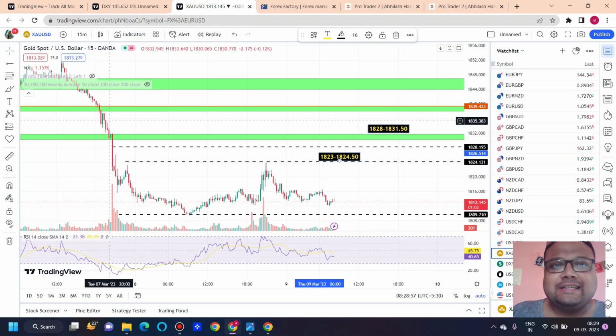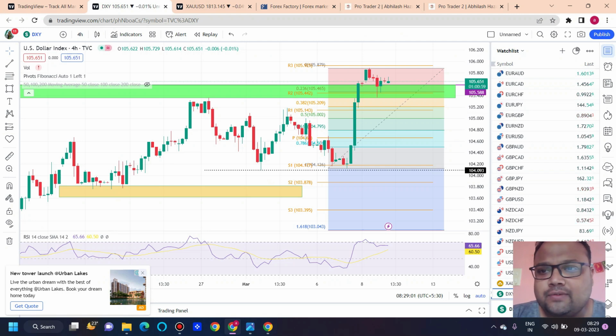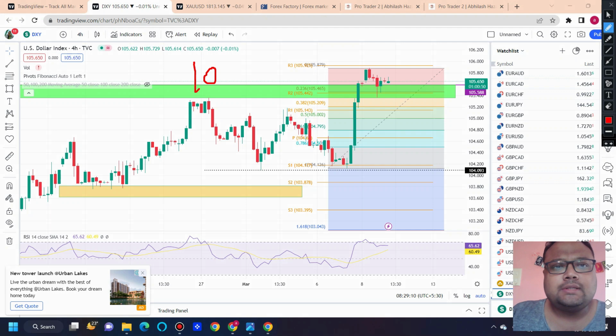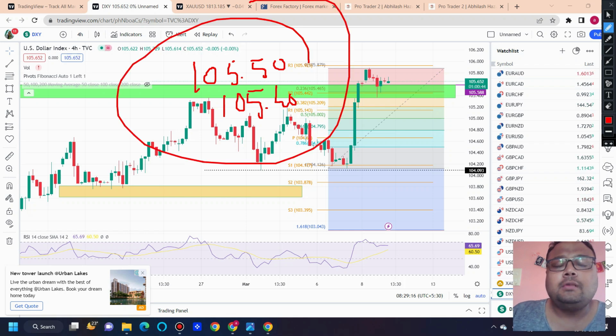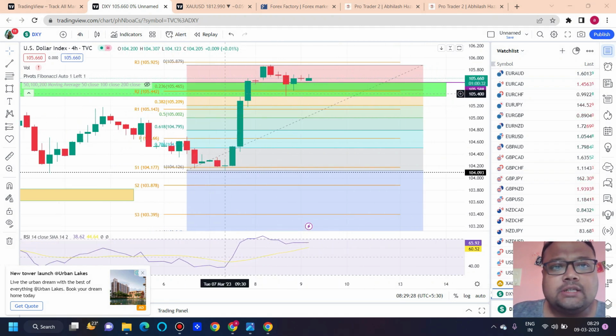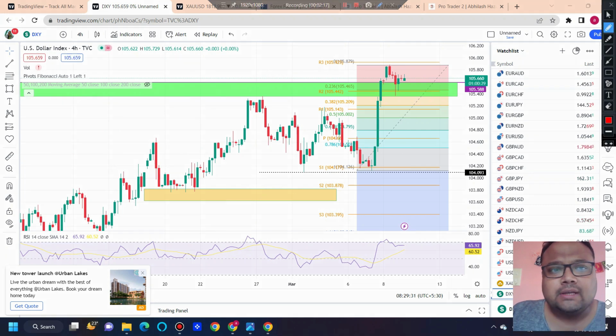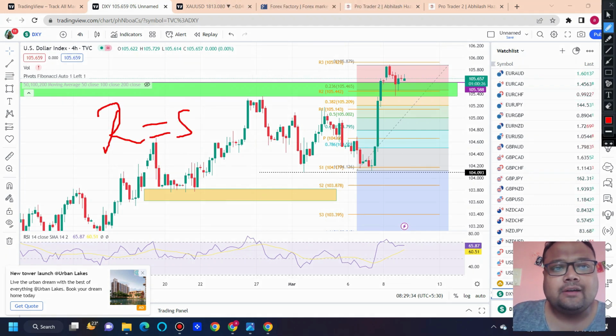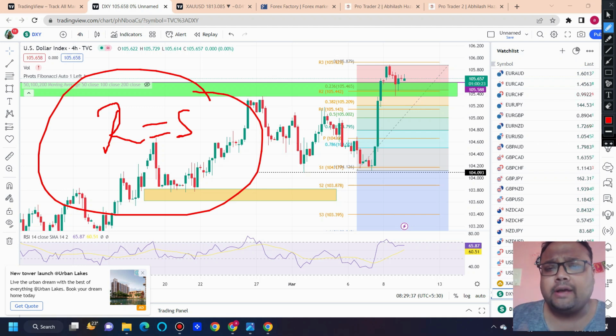So let's talk about the chart of gold. First of all, DXY. DXY right now is standing at 105.65. As expected, as discussed in my earlier video, 105.50 to 105.40 will be the support, and yes, this level is already acting as the new support for the market. Why? Not only do we have some support from the Fibonacci or the pivot, but the previous resistance is right now acting as support here, and market is mostly waiting for the NFP.